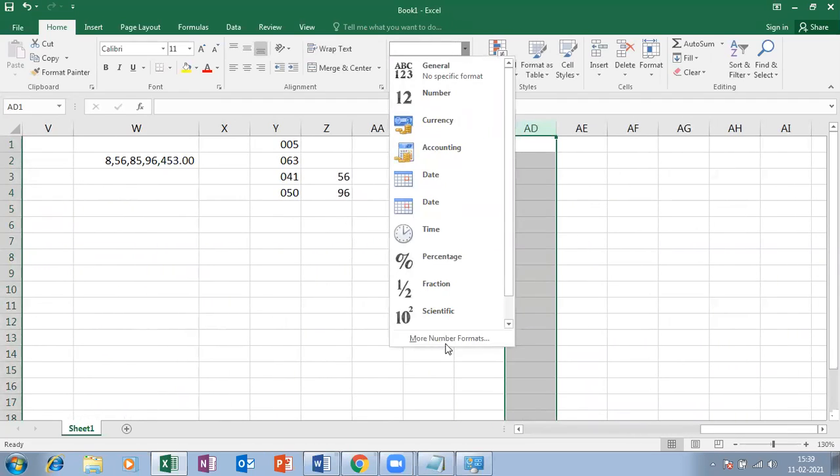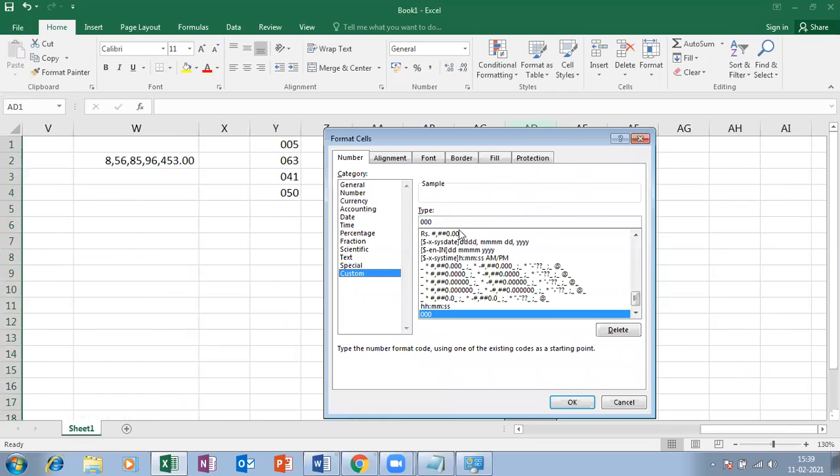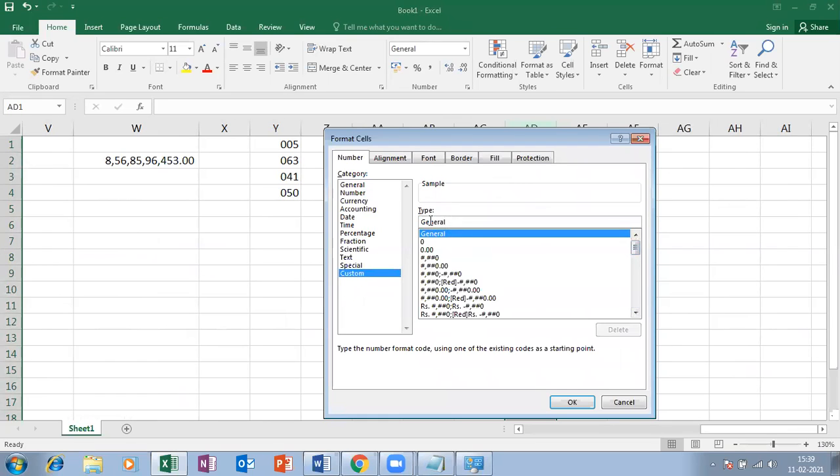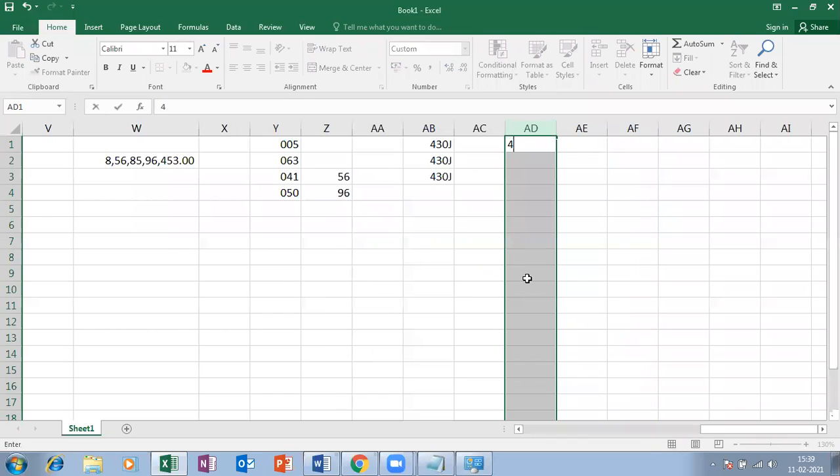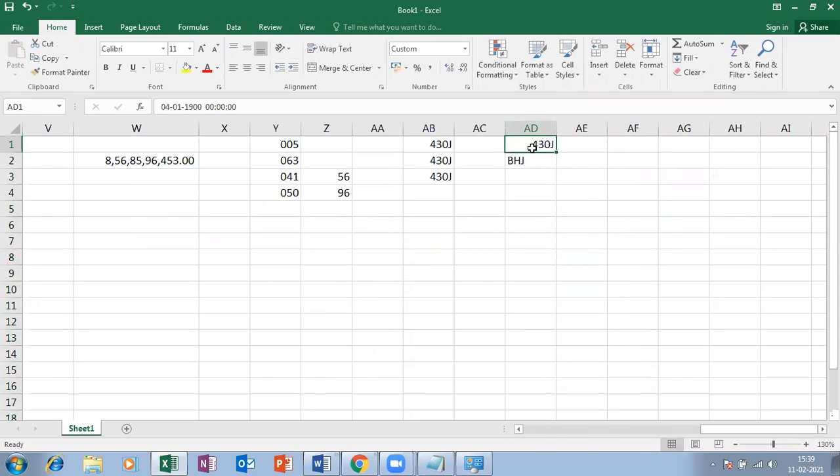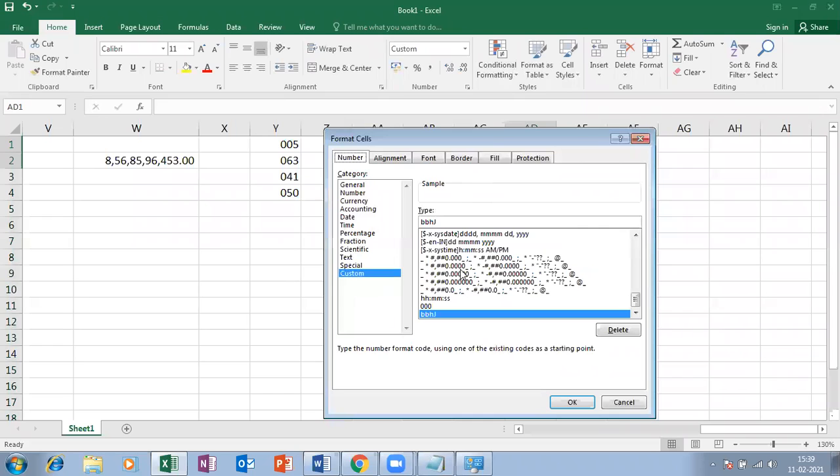Okay, one second. Select this custom. So general can say BHJ. Okay. So BHJ. Whatever I type here, it's creating a letter for that custom format I created. But actually it's having a small problem.